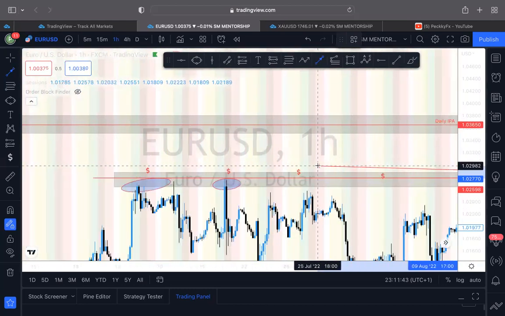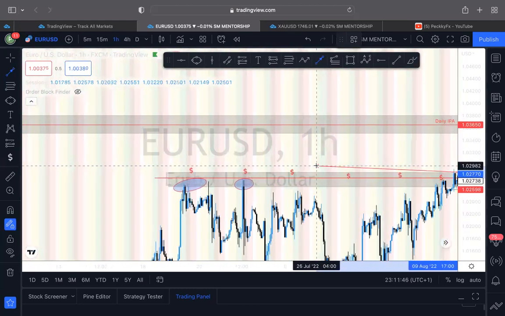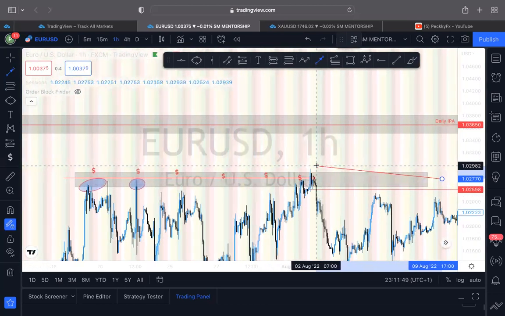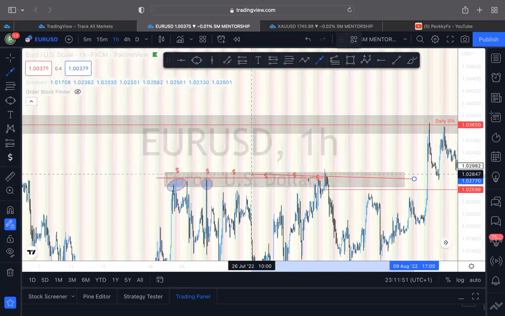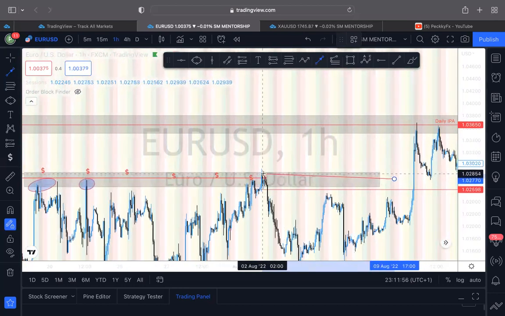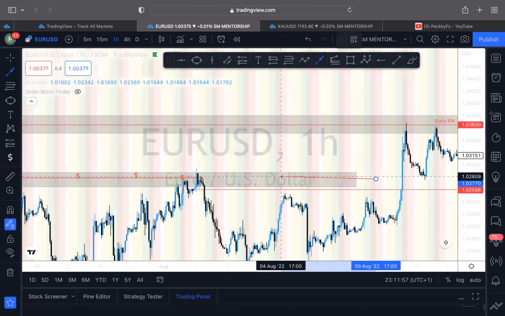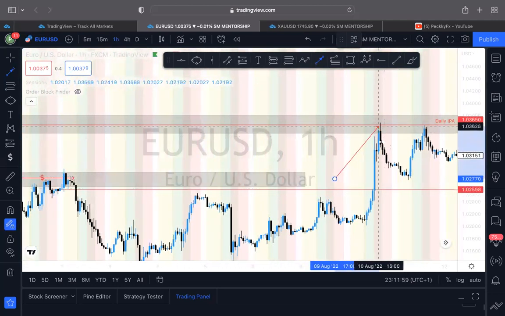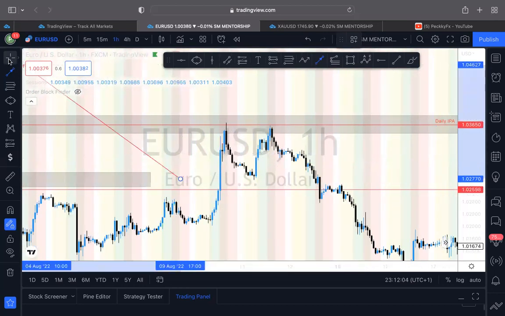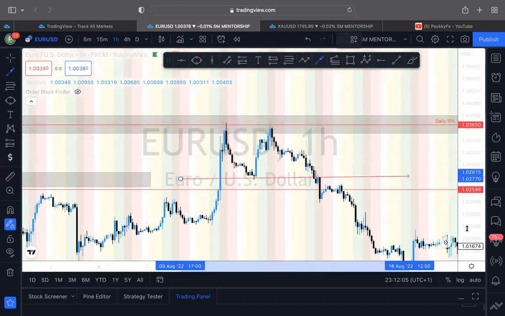Okay, so we can see how the market trapped traders that had their buy stop orders just above here. And for those that were early sellers, they got knocked out. Okay, and we had this run up here, right? You can see how